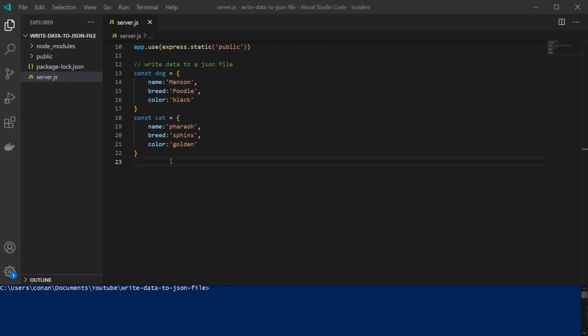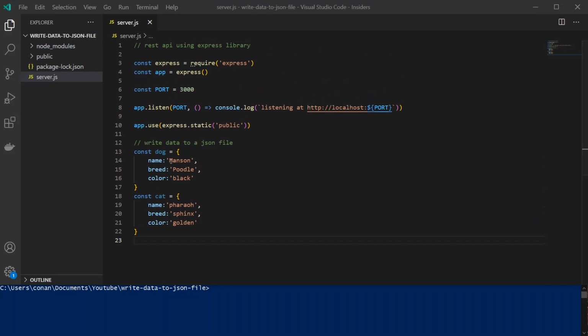So I'm just going to go over how to write data to a JSON file. I've just got set up a REST API and it's using Express. The first part of the video is just going to be creating a function to save our data. And the second part will be adapting that function so we can pass in different JavaScript objects and save it